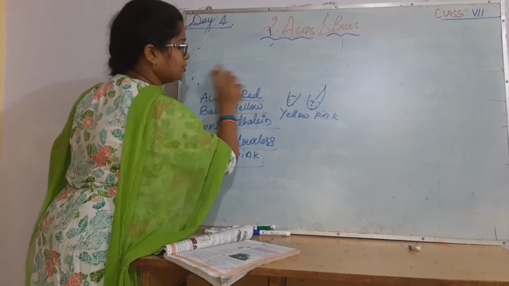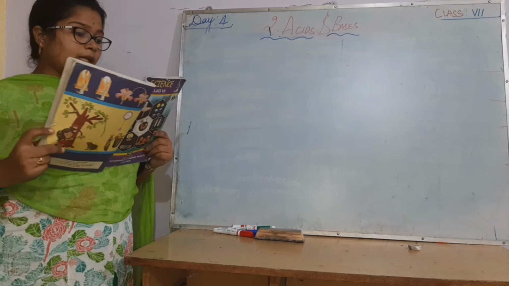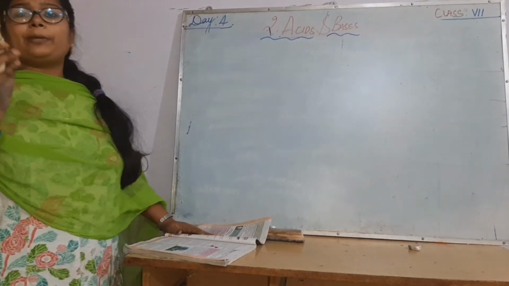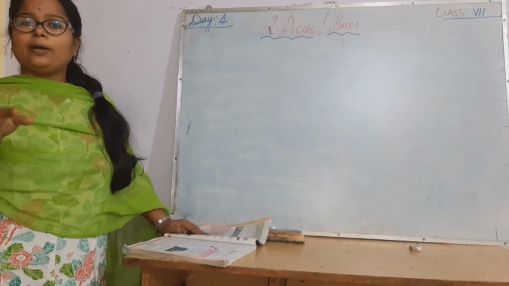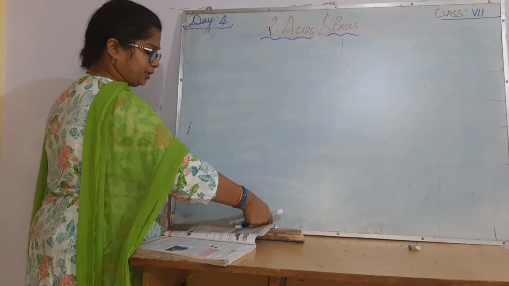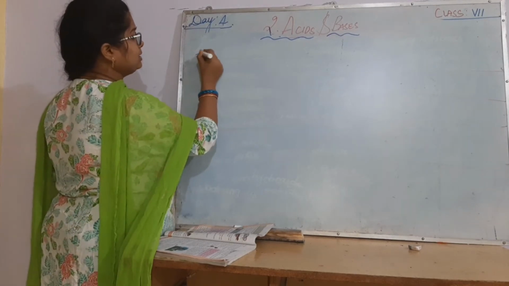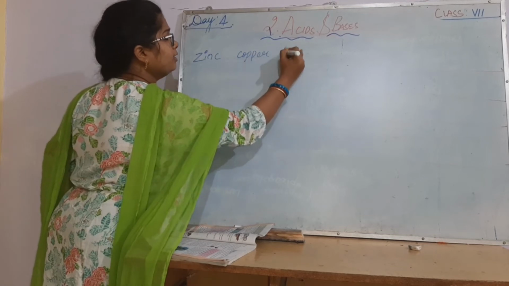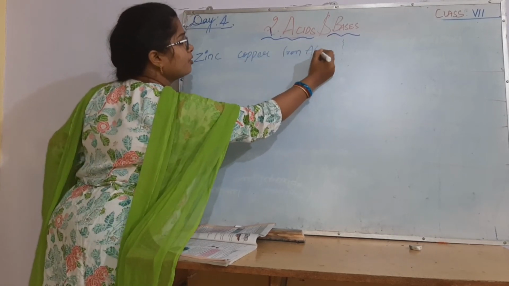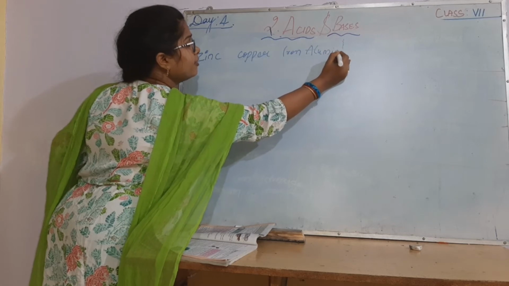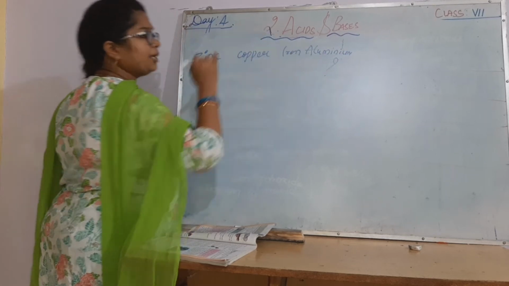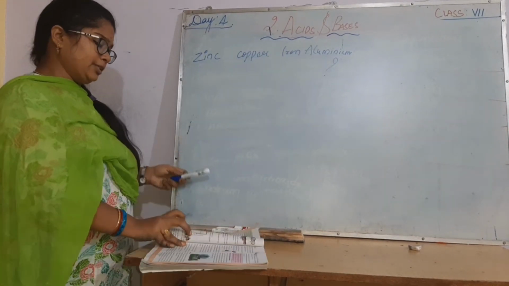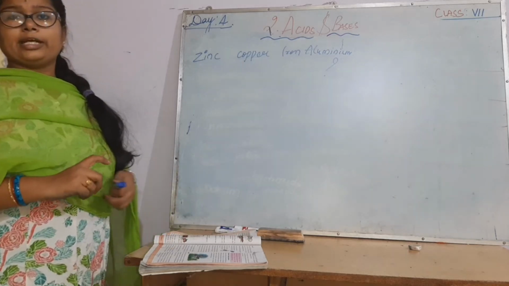In this, I will show you one thing. Take a natural acid, say lemon. We are asked not to put pickles and all in zinc or copper. We are not supposed to put any pickles in a zinc container, copper container, iron container, or aluminum container. Why? Why is the question. You have to ask every time, why you should not keep it? It is going to spoil. Why? What is the reaction that happens there?